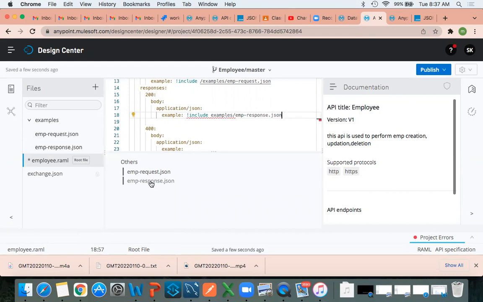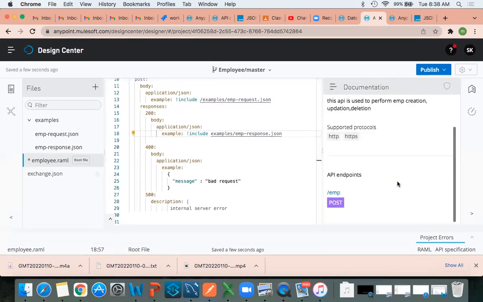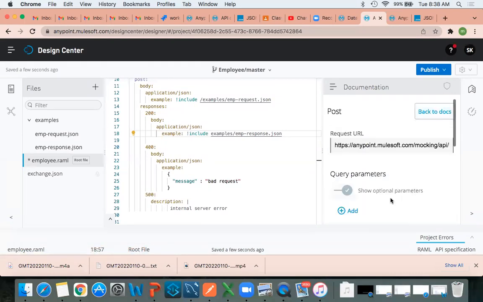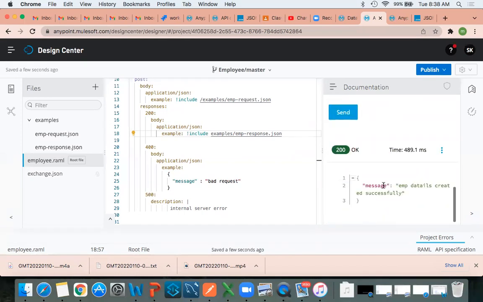EMP response. Select this. So by using these two ways, you can select it. Okay, now I'll scroll, send it. Say I'm passing this. I got the output. Okay, this is how we can follow this.